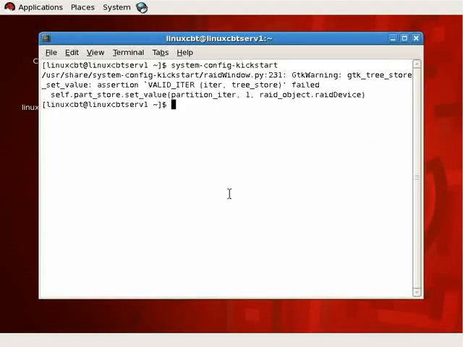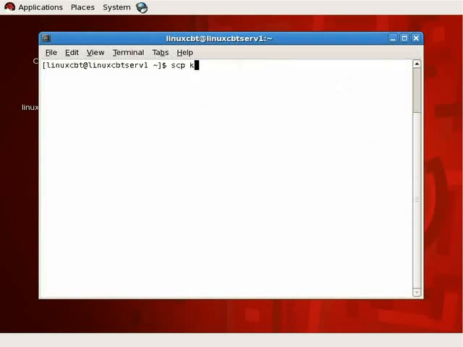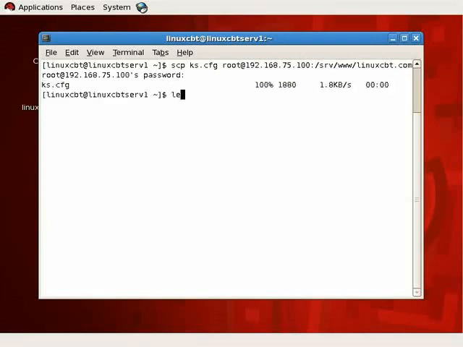Then we will copy the file to the remote server. That's scp ks.cfg as root to the web server. Beneath its serve www.linuxcbt.com directory, we need a colon here as a demarc. This will prompt us for authentication, and if we briefly peruse ks.cfg,